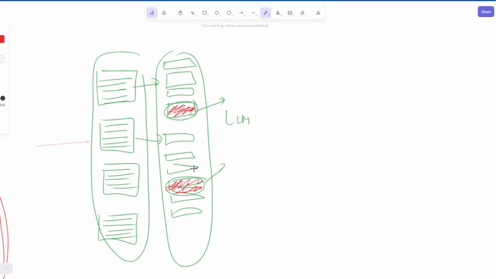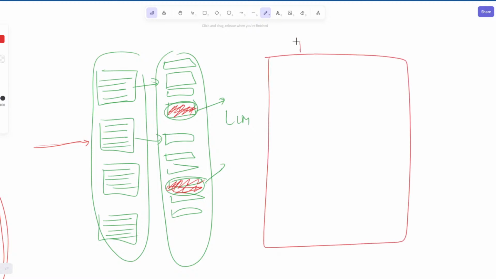Ashwin has mentioned B tree. So, what is a B tree? It's a data structure which helps you index a relational database. What would you use here to index your vector database?